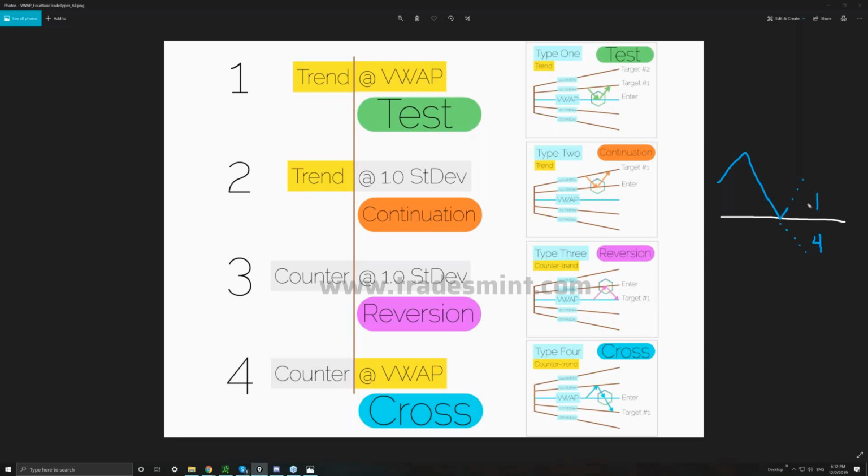We're going to either see it start bouncing, more like a type 1 trade, or it's going to cross below and start maybe consolidating below, which would mean more of a type 4 trade. The key here is that for a type 4 trade, meaning when we actually cross the volume weighted average price, here, let's clean this up a little bit. We actually cross the volume weighted average price, what we expect to see